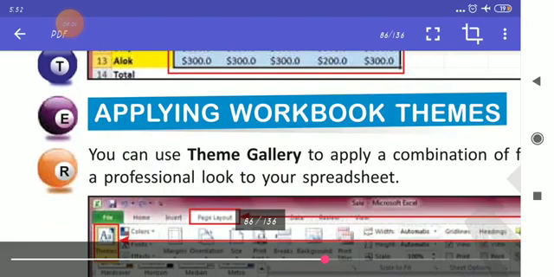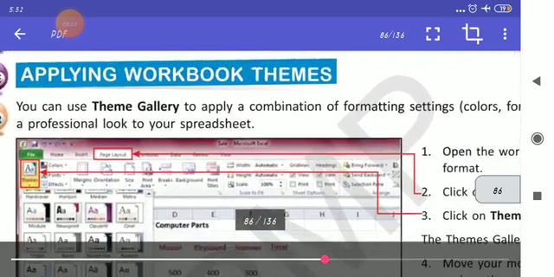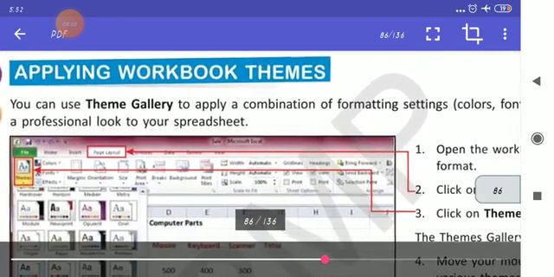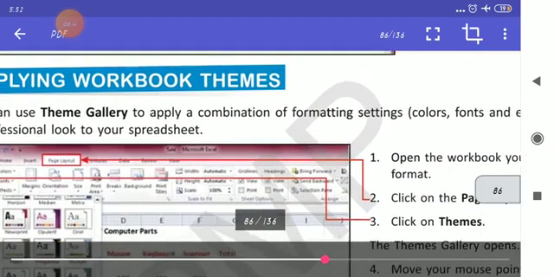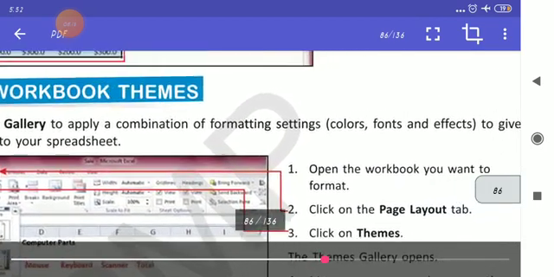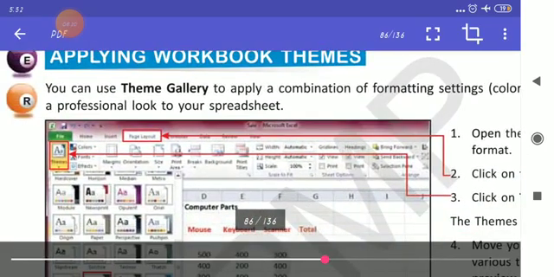Applying workbook themes. You can use the theme gallery to apply a combination of formatting settings like color, fonts and effects to give a professional look to your spreadsheet.